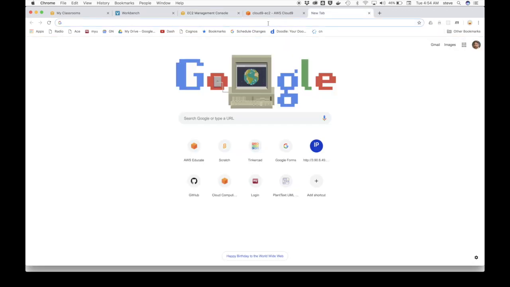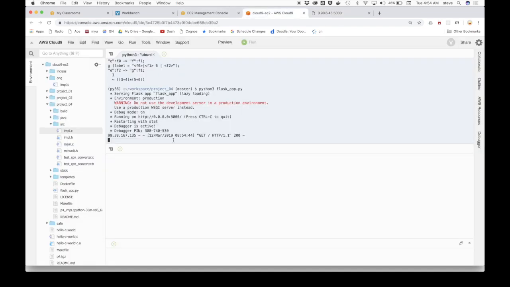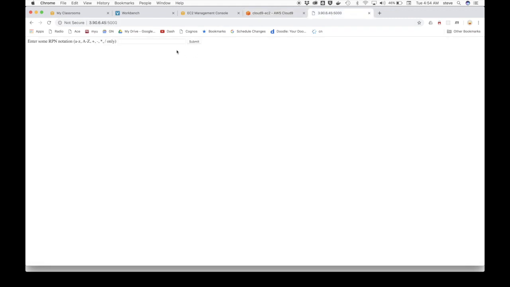But the point is, I can now come back here and paste that IP address in, and then say port 5000, and you'll see that it's running my little Flask app. If I go back, notice it got a hit from that location. So I'm going to type